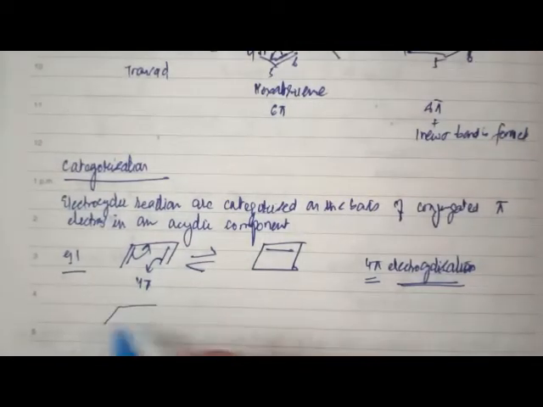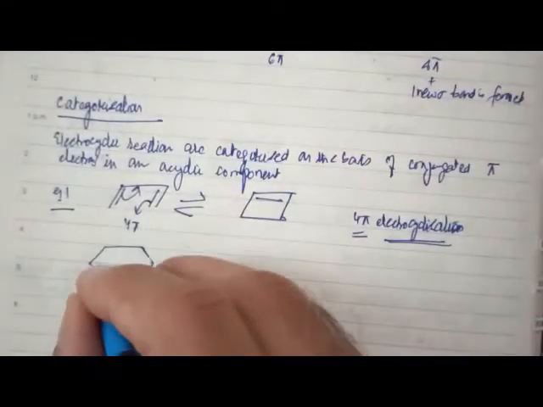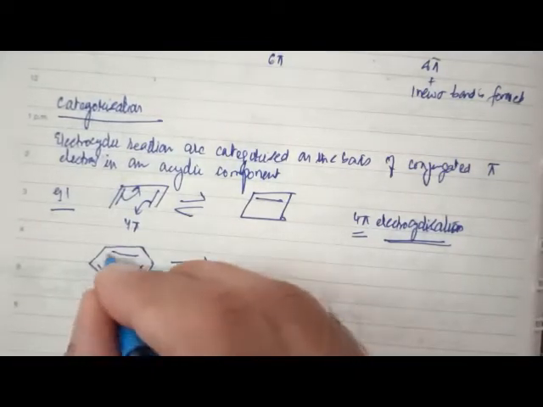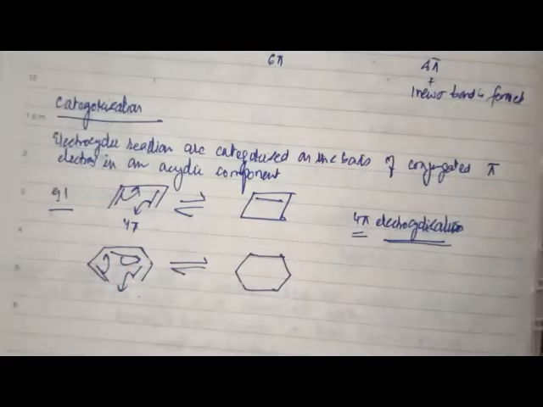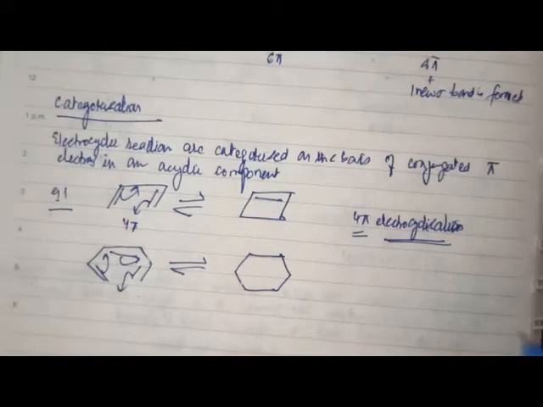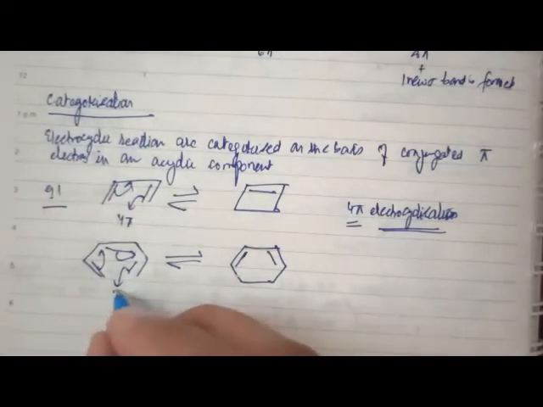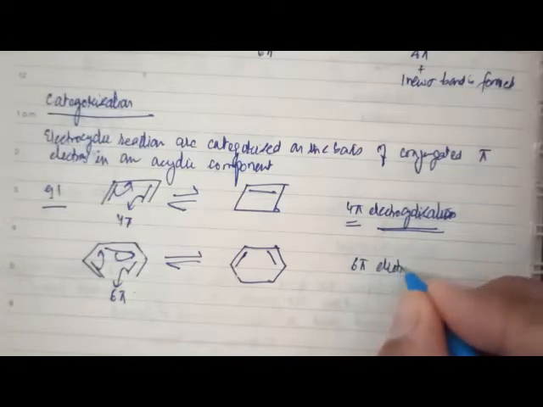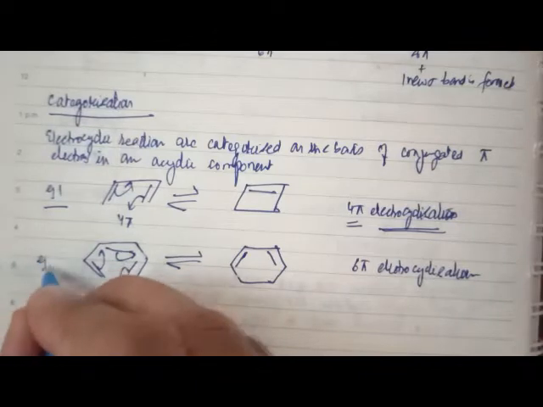Similarly, if you talk about hexatriene like this, you can either write it like this or you can write it like this, it is one and the same thing. Hexatriene, let me draw it like this, undergoes electrocyclic ring closure. Again, the movement of bonds will help us draw the product. The carbon count of the reactant and the product would remain the same because no other reactant has been added to the system. We end up with this. The starting reactant, the acyclic component, had 6 pi electrons. Therefore, I'll call this reaction a 6 pi electrocyclization.